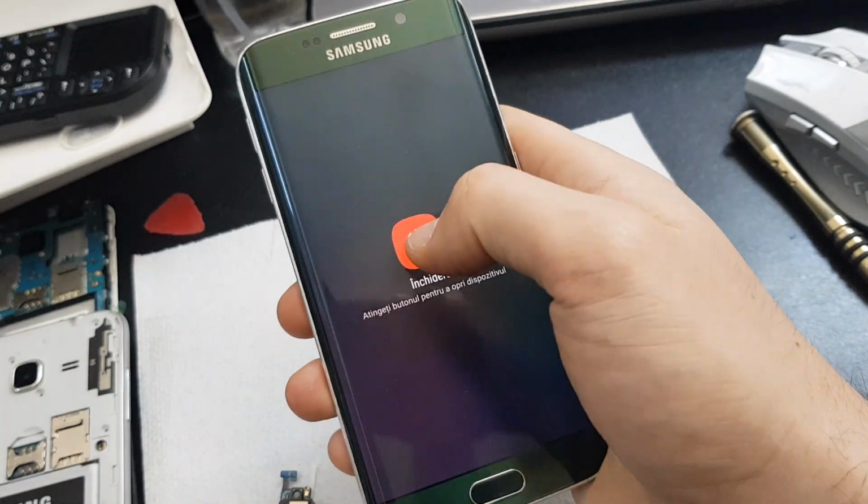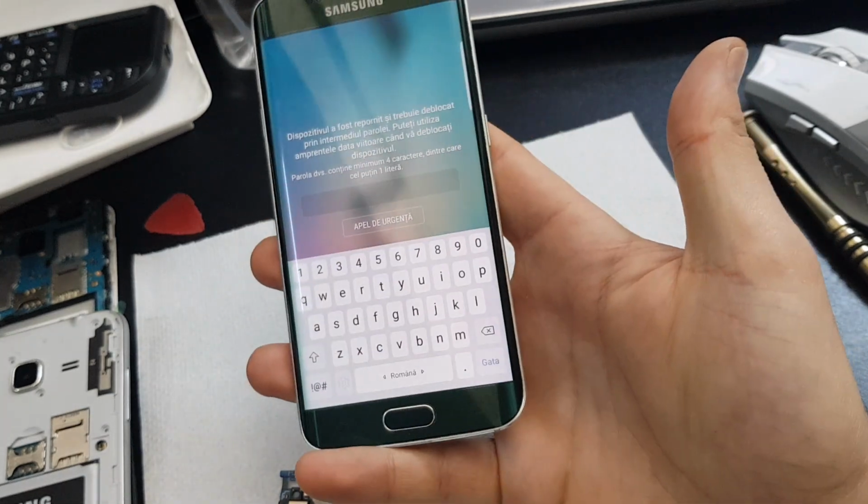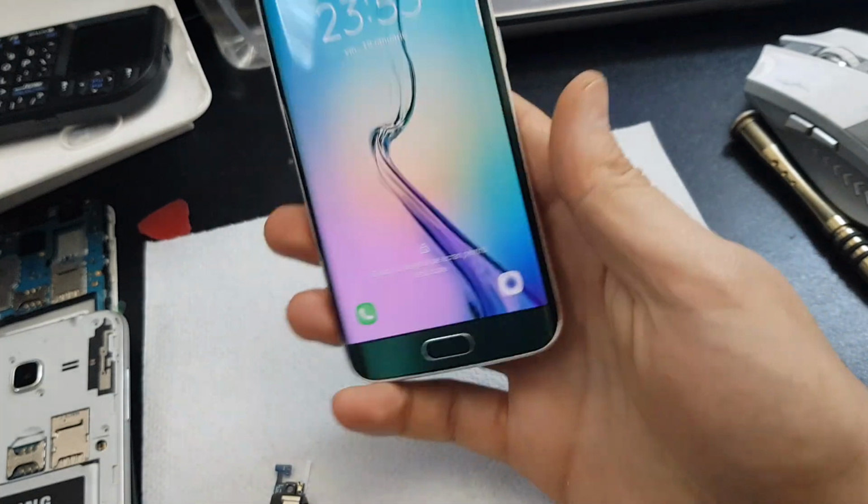If I try to turn the device off, it's asking for the password. As you can see, this is the new security. So